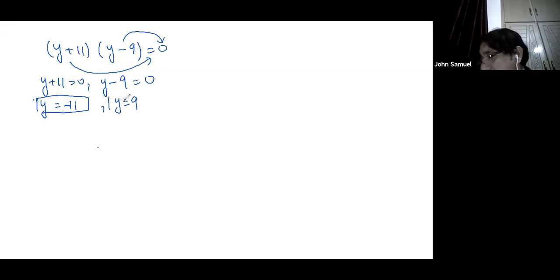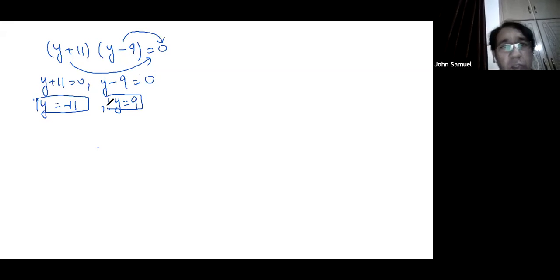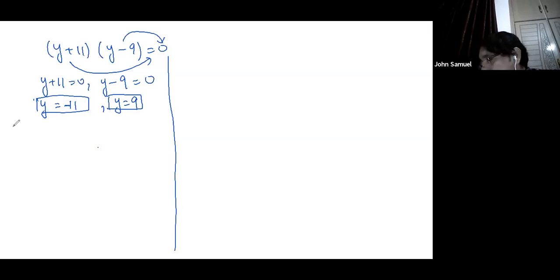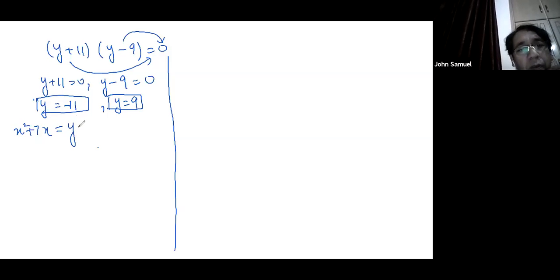I actually lost the question, so that is why I'm looking in the book. Now here you can replace the value once again. What you have supposed, the supposed value was taken from that: x square plus 7x is equal to y. So I will put it again here, replacing again in the original.